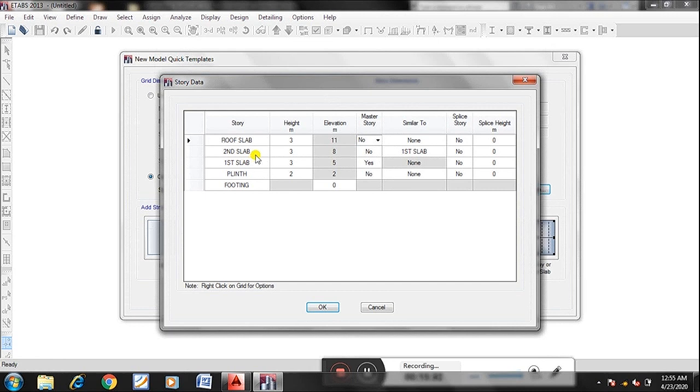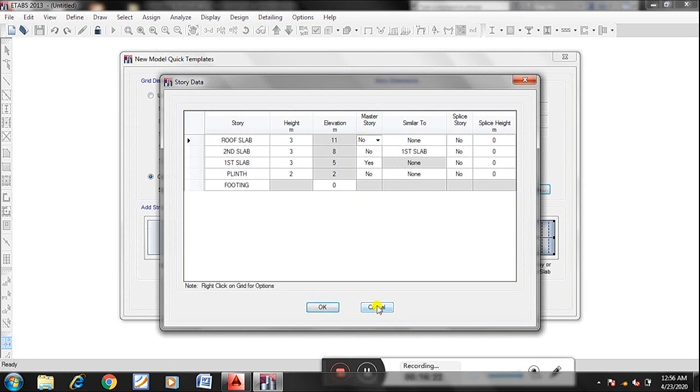Same plan I am following for 3 floors, and the roof slab will not be getting any proper live loads. We are not constructing above the roof. Only parapet will be there, and we don't have any residential or rooms. So roof is roof, and its live load gets reduced, that's why I have taken none. Only first slab and second slab are similar, except plinth is different and roof slab is different. Nothing changes, only the slab load comes to beams and columns. So you know how exactly it happens.